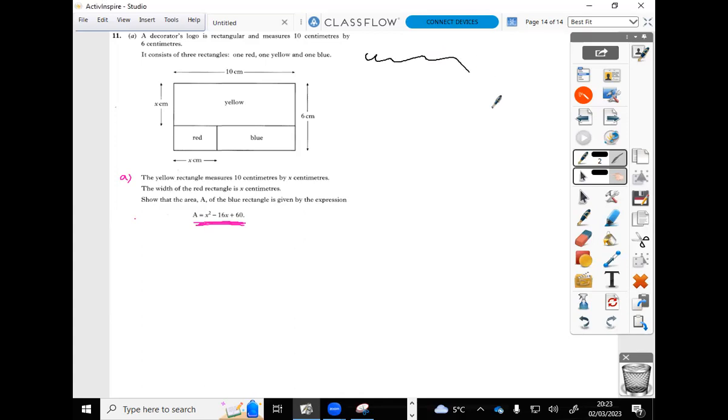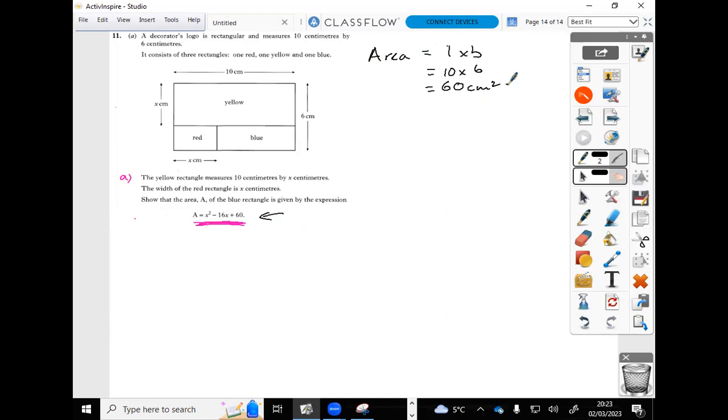So we're given this as a target. That's what we want to get to. So the area of the full rectangle, we can work out its length times breadth: 10 times 6, which is 60 centimeters squared. We're given that, show that the area of the blue rectangle